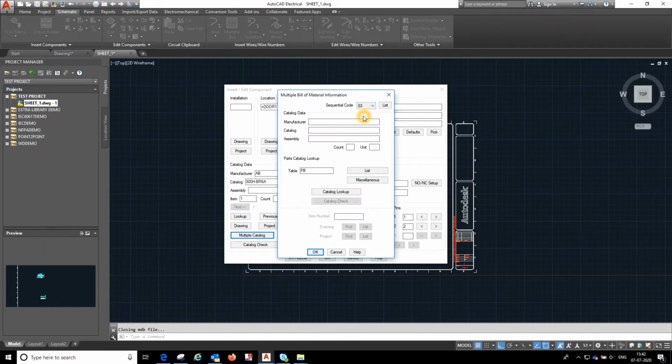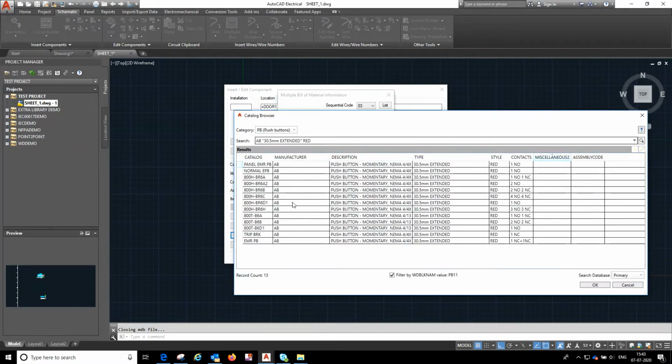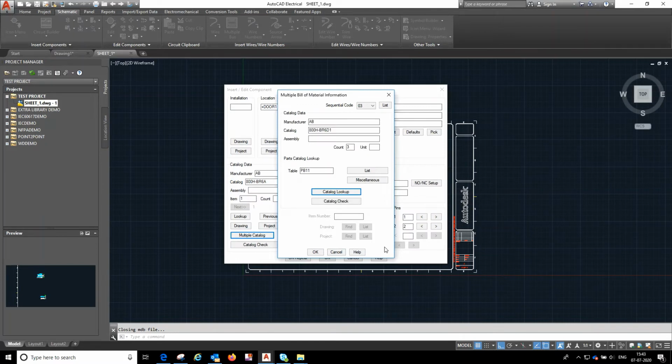Immediately go on sequential code 3, code count 3, and again catalog lookup, randomly select and think of it as the NO/NC contact. Here, if you have more subcategories, then you can go on like 4, 5, 6, 7. So this is how it works. After that, you click on OK.